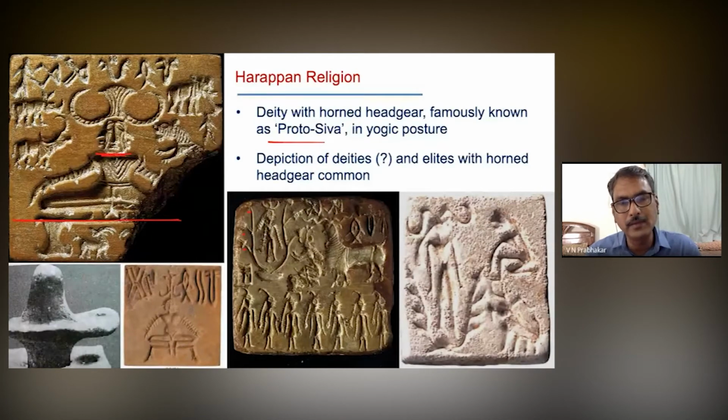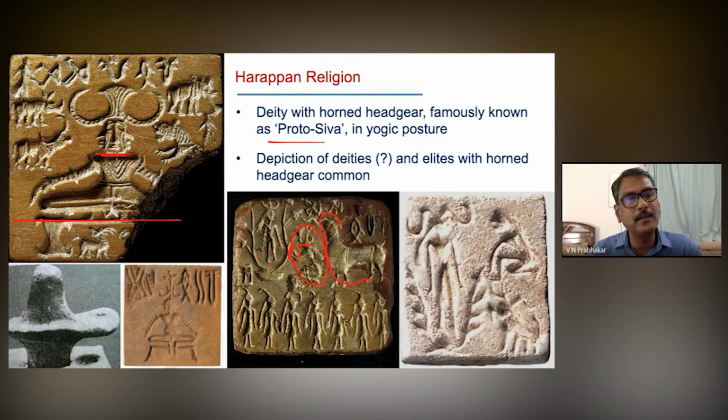Even today, if we go to the villages, or even in cities and towns, the people tree is venerated and worshipped. And the standing deity is here in front of the deity. It's a kneeled figure, with raised hands, and again with a horned headgear. And there is a human-animal composite figure standing beside that figure. So these are all some indicative evidences that there could be some sort of a ritual performed before a deity.